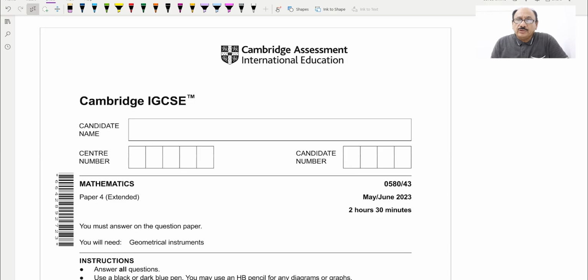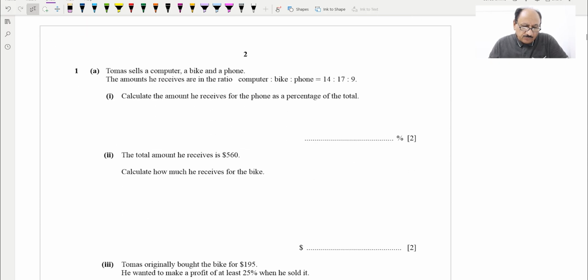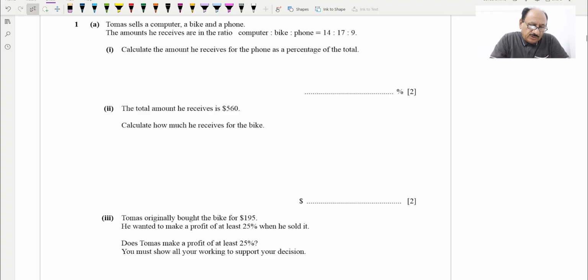Hello everyone, today we'll be going through IGCSE Cambridge Mathematics Paper 4 Extended 058043 May-June 2023. Let us move to question number 1. Question number 1, A part says